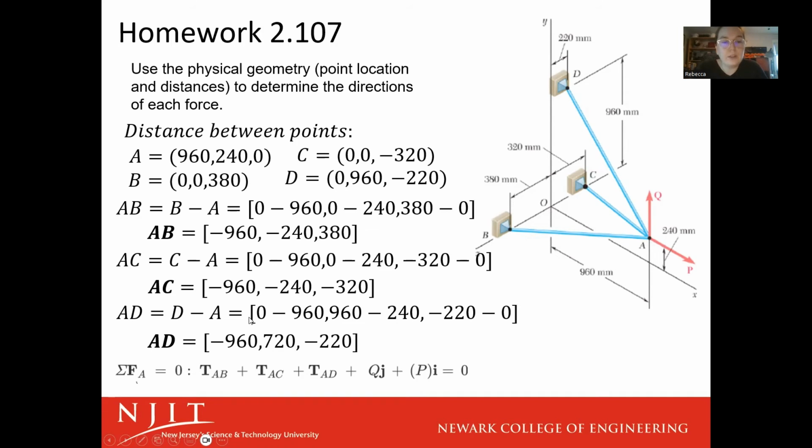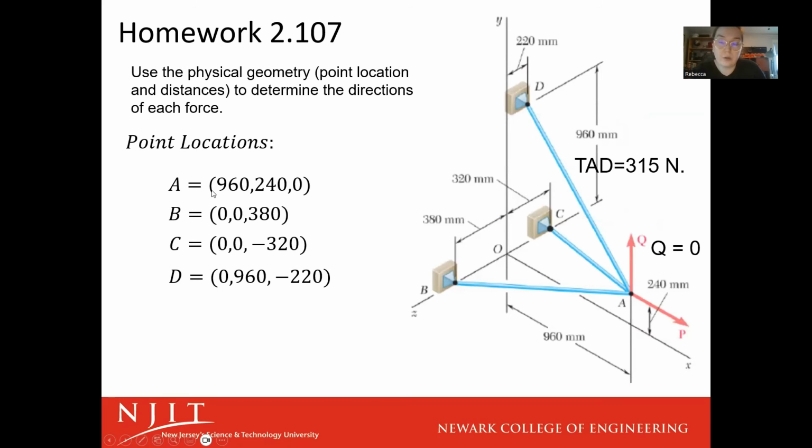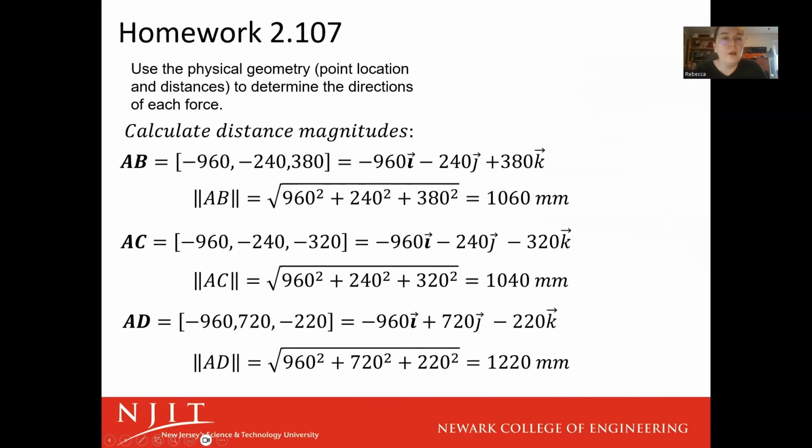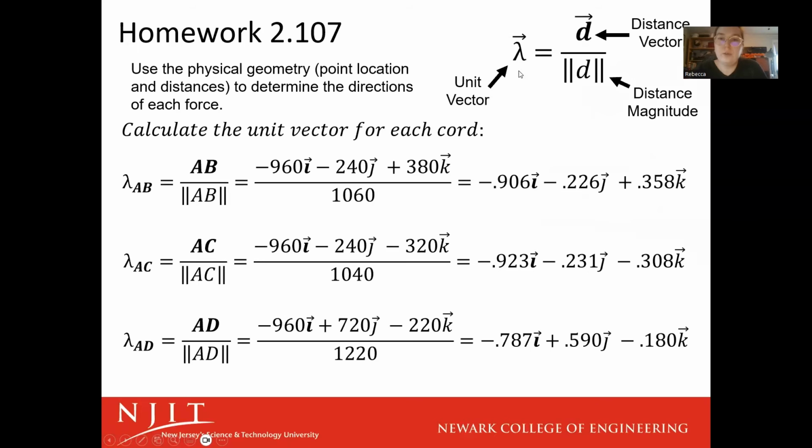Okay, so we subtract the points and we come up with, our circular brackets are our points, our square brackets are vectors. So this is negative 960i minus 240j plus 380k. Or in other words, negative 960 along the x-axis, minus 240 along the y-axis, plus 380 along the z-axis. Questions? Okay, so to get to our unit vector now, we have all of these distance vectors,